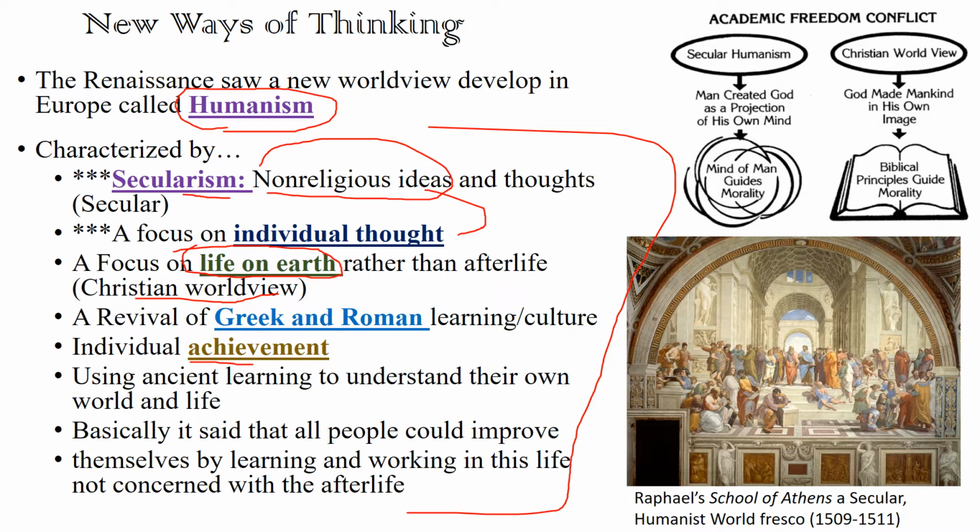It is also characterized by a revival of Greek and Roman learning, right? The classics, we talked about how the Muslims preserved the classics, the Byzantine Empire preserved these classical writings, and these writings then make their way back to Italy after kind of being forgotten or in some cases lost from the Byzantine Empire, from contact with the Islamic kingdoms and the caliphates. And then people have renewed interest in them, reading the ancient Roman philosophers, reading the ancient Greek philosophers of Plato,